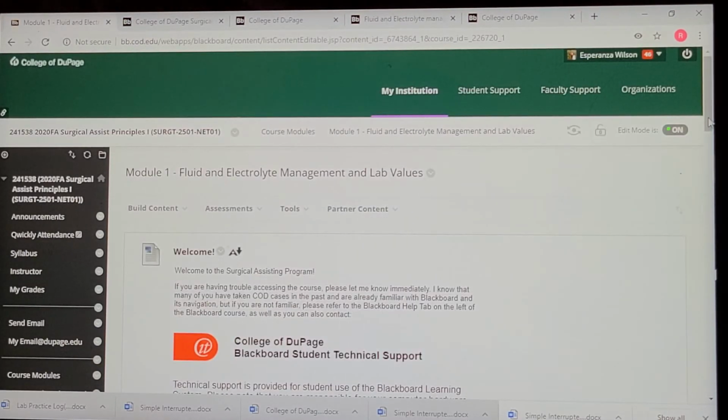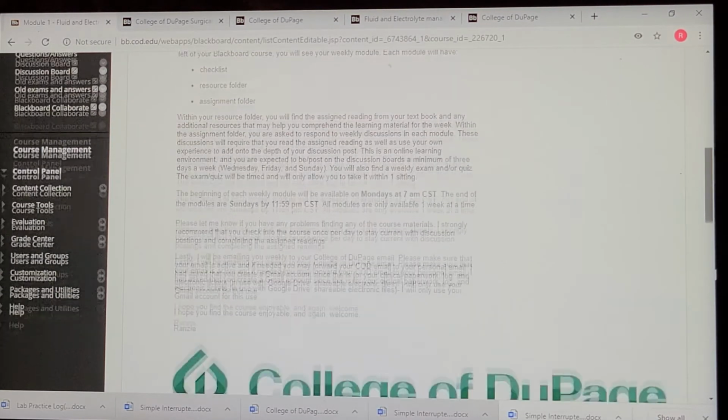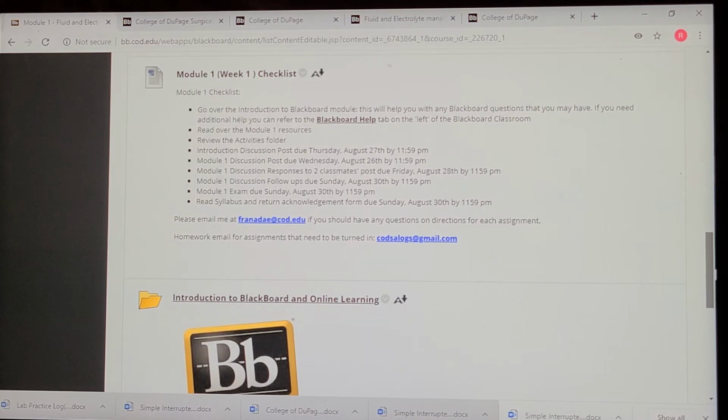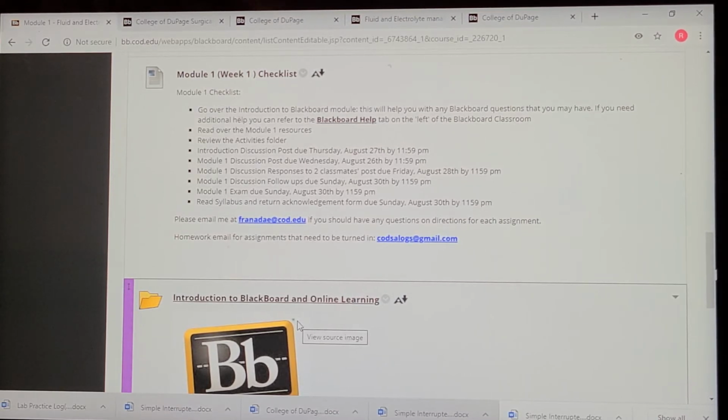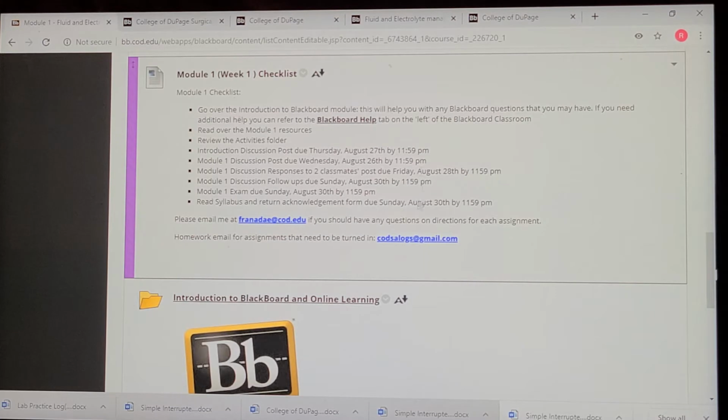Values. So what I really want to show here is you're mainly going to see 3 different sections each week. Again, it's the first week, so it is a bit overkill with some of the things that are expected. But between weeks 2 through 16, you basically will have your discussion post, your responses, and your exam. So I will always have a checklist here for you guys, so you have an idea of what's expected